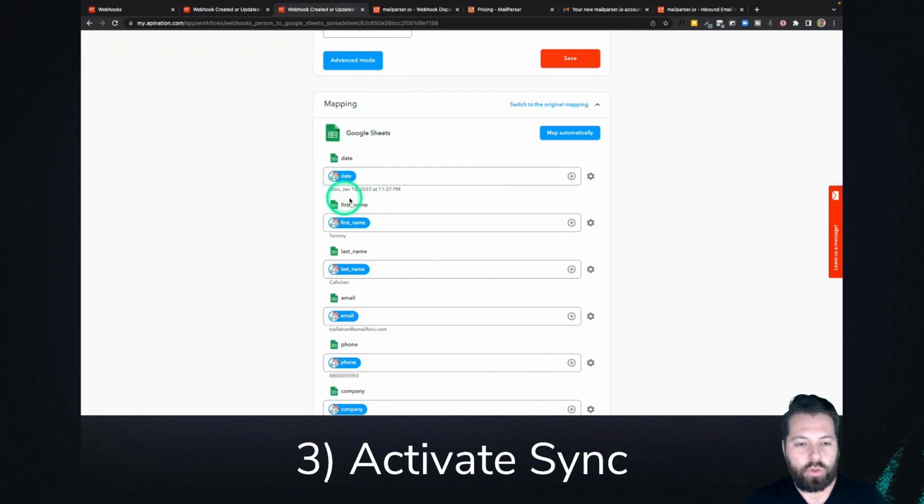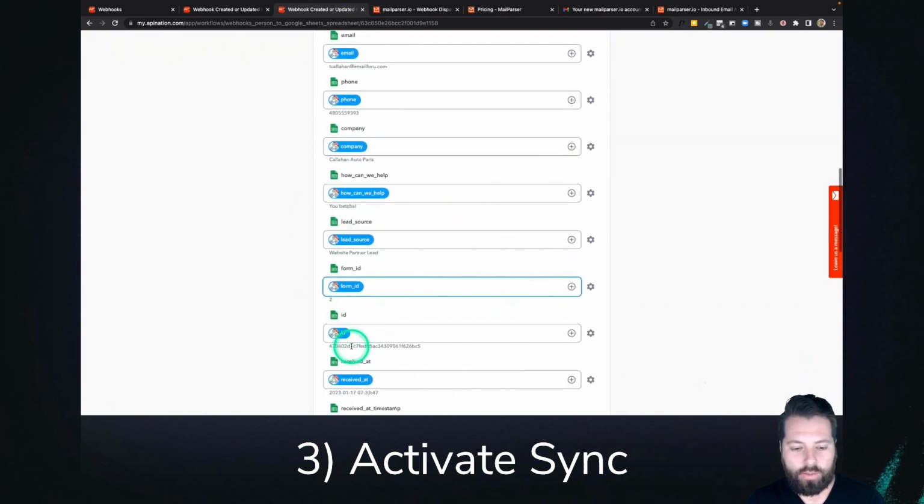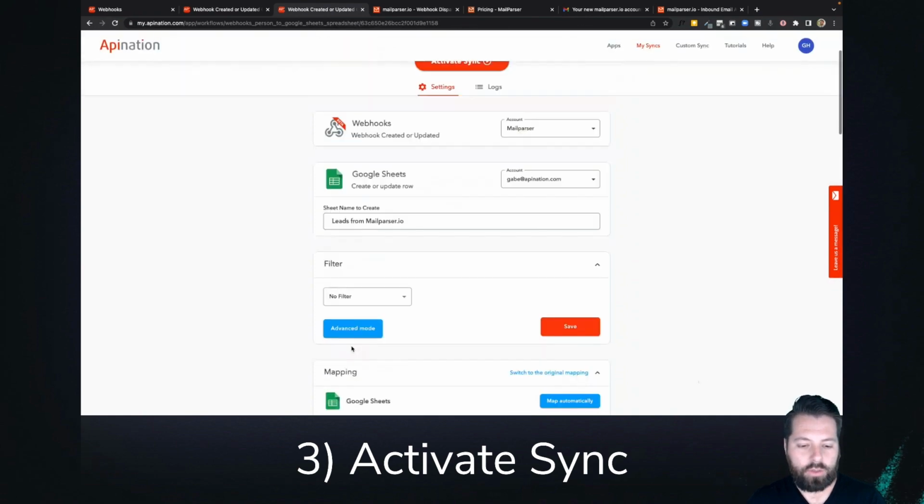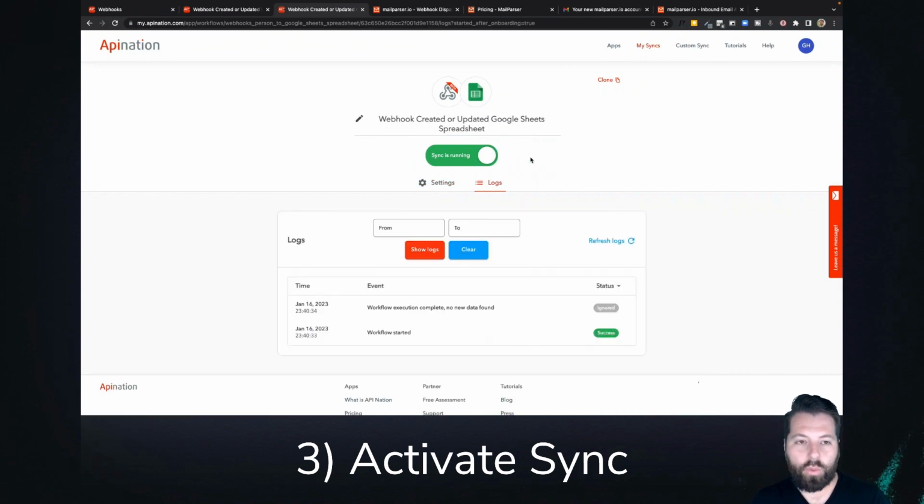Nice thing about Google Sheets syncs, everything just maps for you because we're just going to pull over all that information into different columns in your spreadsheet. This looks good. I'm going to activate this sync. And that's it. Now these are both working. Let's go ahead and send a test